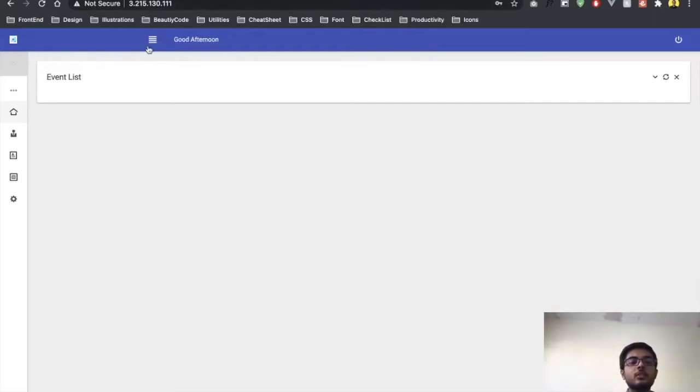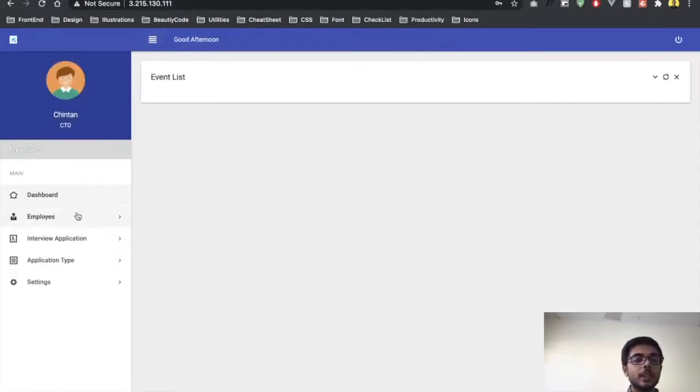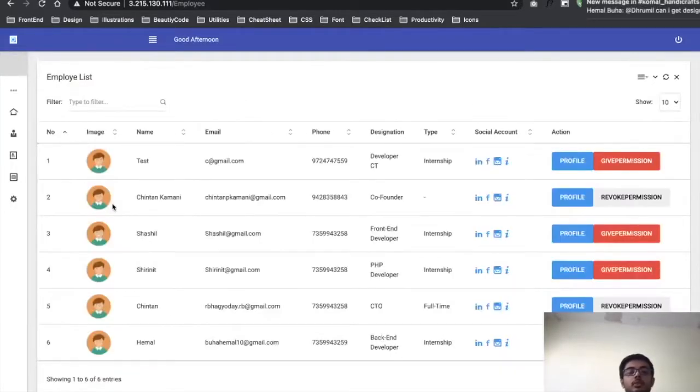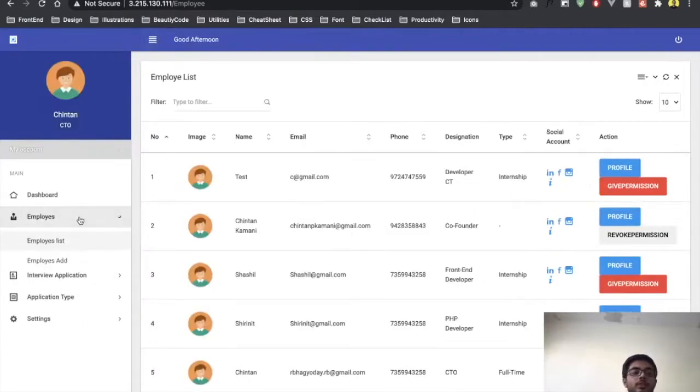The reason I had two of these is that I wanted to show you what happens when I revoke permission. If you see the employees list, there are certain permissions that it works with. If I revoke the following permission of Chintan, he wasn't able to access the thing over here. So that's why I logged in using this, so that we can see my other account that can access this. Not everyone can access it, so we give the permission or revoke it. This is how the list is made.